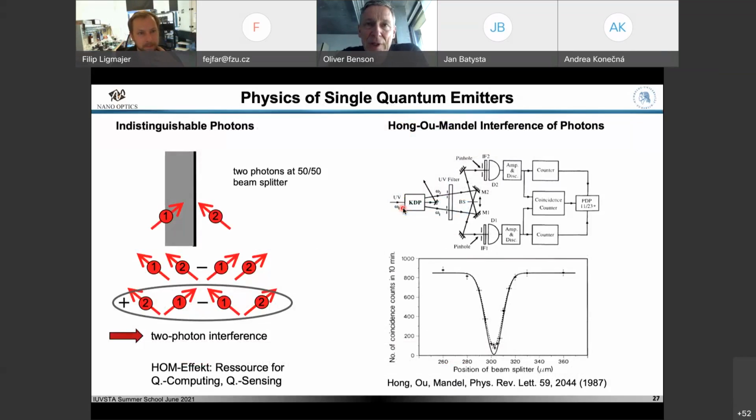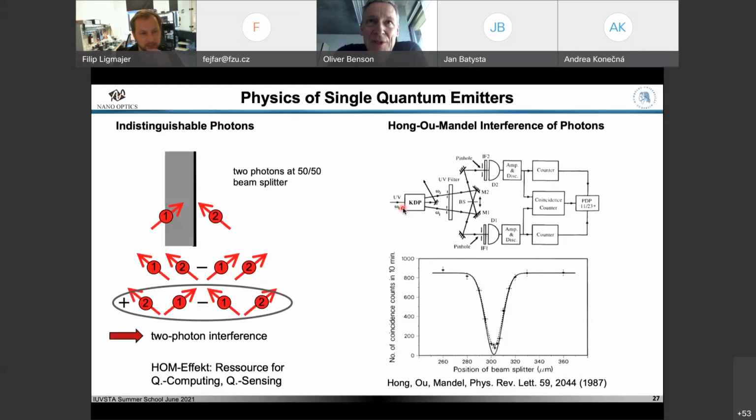In this scenario, I mentioned, and I think we have a quiz later, so I don't want to give you the answer right away. But in this scenario, I said we just send in one photon from the left and one photon from the right. Under this initial condition, if these objects are bosons, like photons are, then you would have this destructive interference that I showed here, and both of the photons leave to the left or leave to the right.